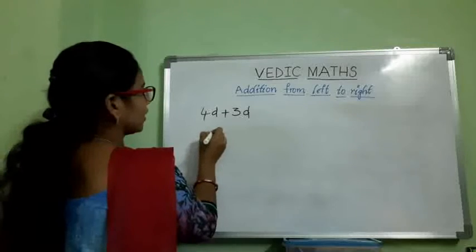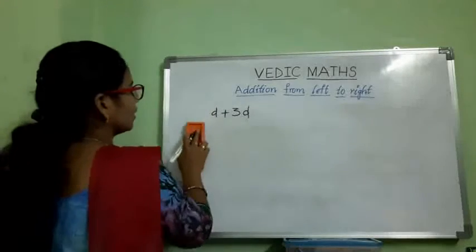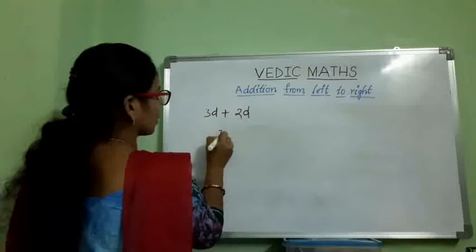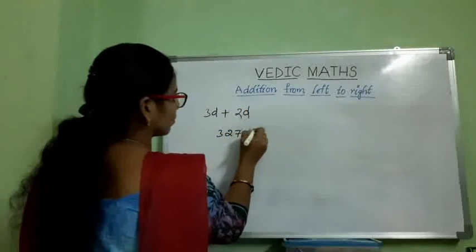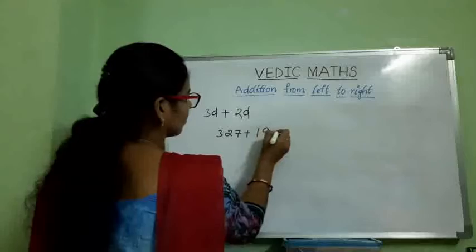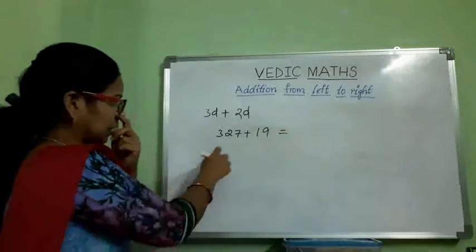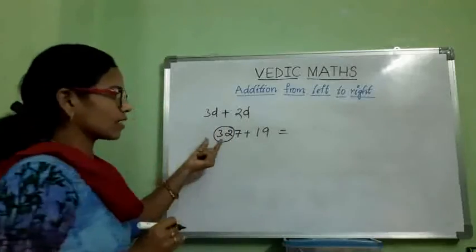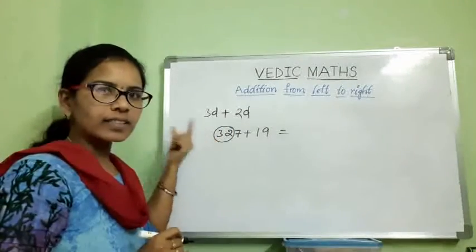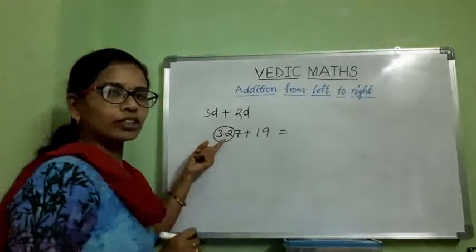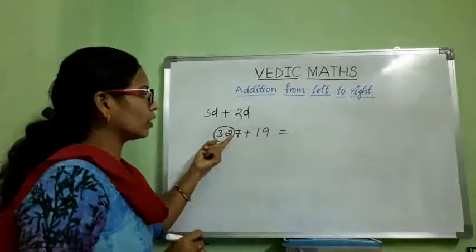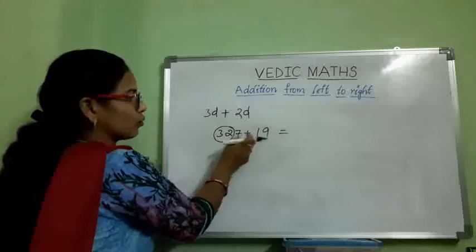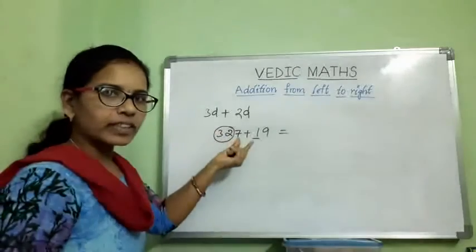Yes, shall I take one here, 3 digits with 2 digits? Once see here. Here 3 digits with 2 digits. I am going to take this lastmost 2 digits as a single number. Yes, at a time, I am going to take 2 digits at a time. That means 32. Here 1 only. Add 32 plus 1, 33.